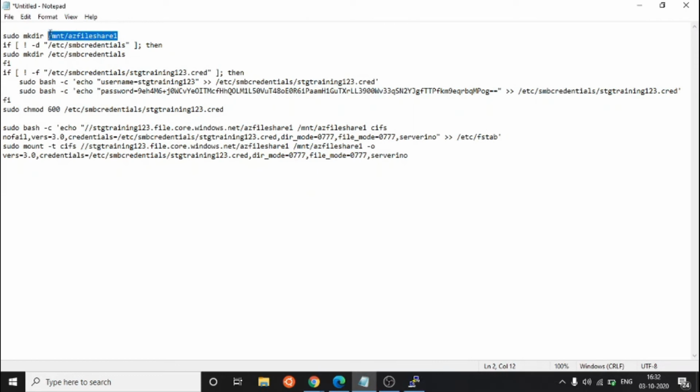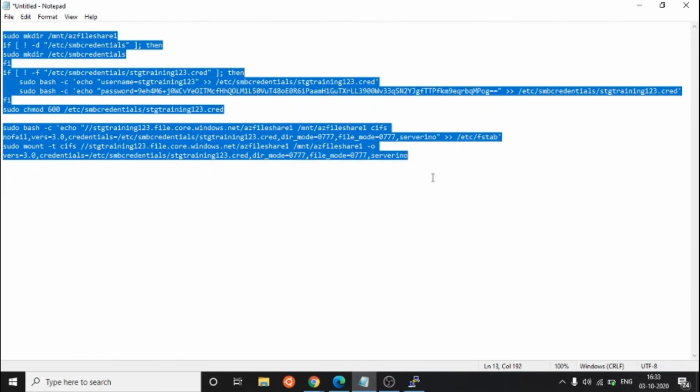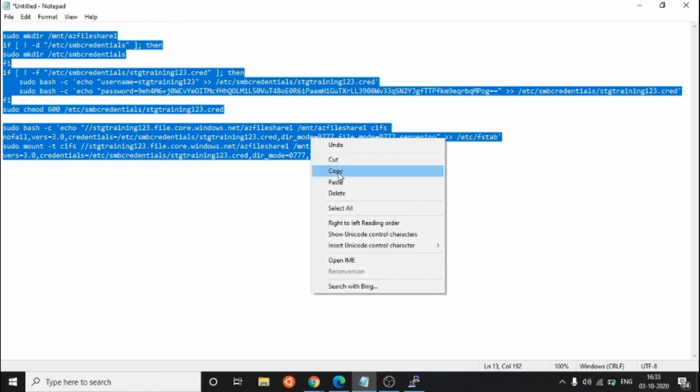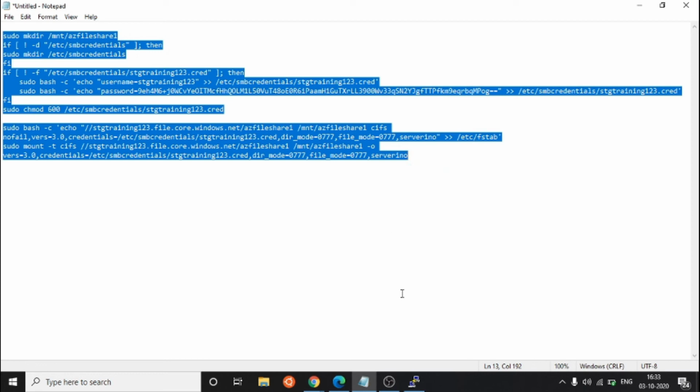This one should already be there, because this is the drive you are going to mount, so it will come automatically. But before that you can mention your directory path. This is not an issue, you can create a directory. If you are facing any issue, let us know, I will help out in this situation.